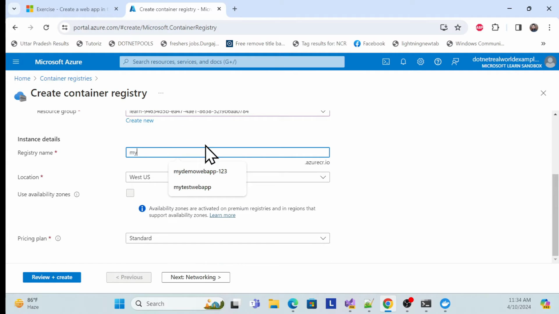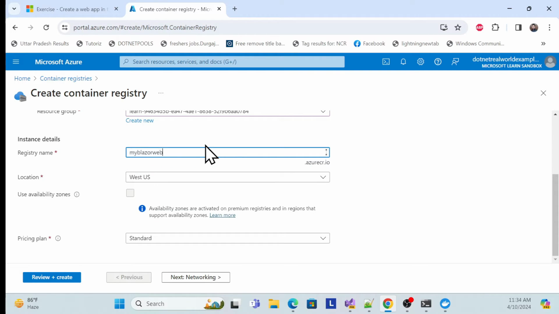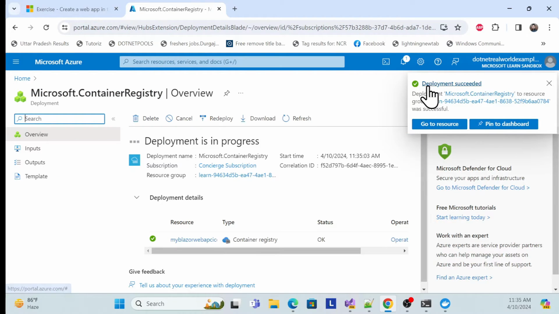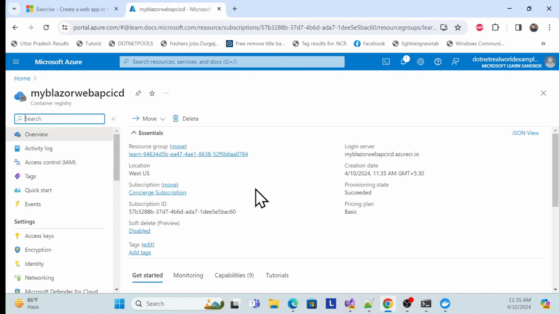for example, my Blazor web app CI/CD, right? Using the container, and just choose that basic plan, create. Now deployment has succeeded. Go to the resource, and here one more thing we have to allow in this